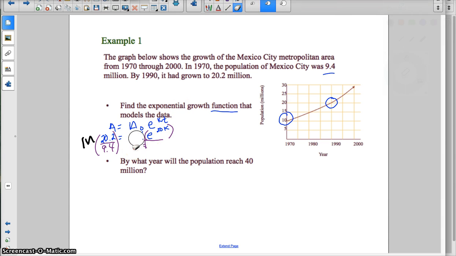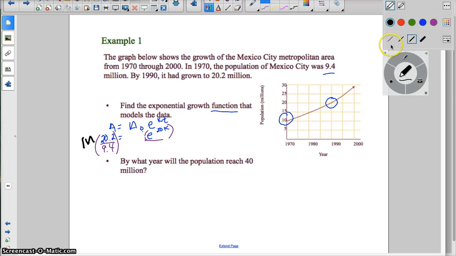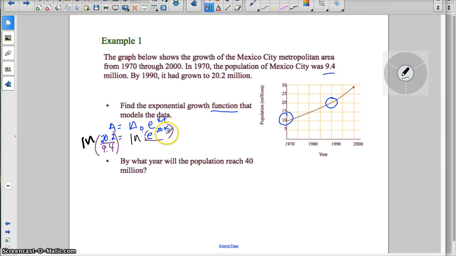Let me get rid of 9.4 because we know it cancelled, and take the natural log on the right. Now recall our properties of logs: when we have the natural log of a base raised to a power, we can use the power rule to pull that exponent to the front. So when I pull that exponent to the front, my new expression is the natural log of 20.2 divided by 9.4,